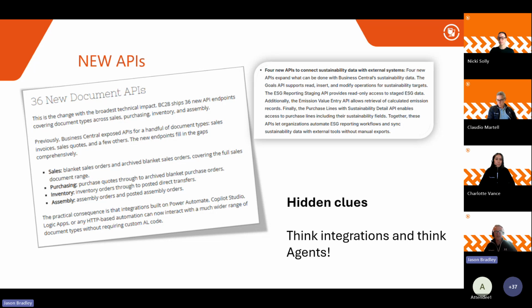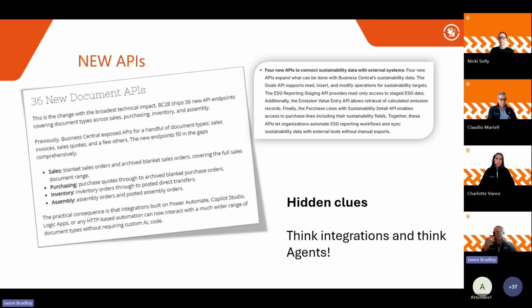There's 36 new document APIs, and going back to your ESG and sustainability, there's a lot of access to that as well, API data, and some of it is read-only, so it's not two-way. So think about reporting when it's read-only, and part of the reason is to enhance